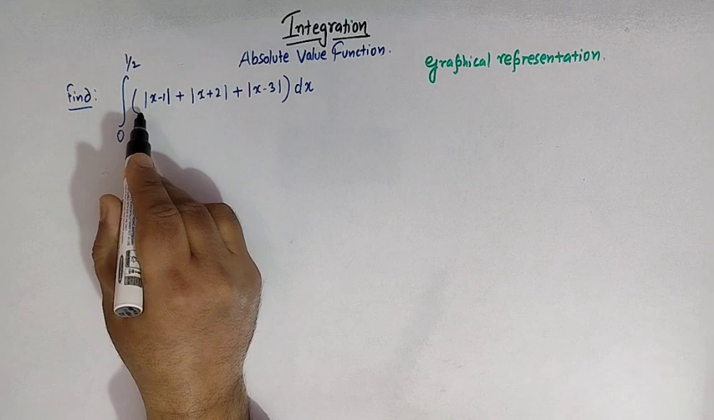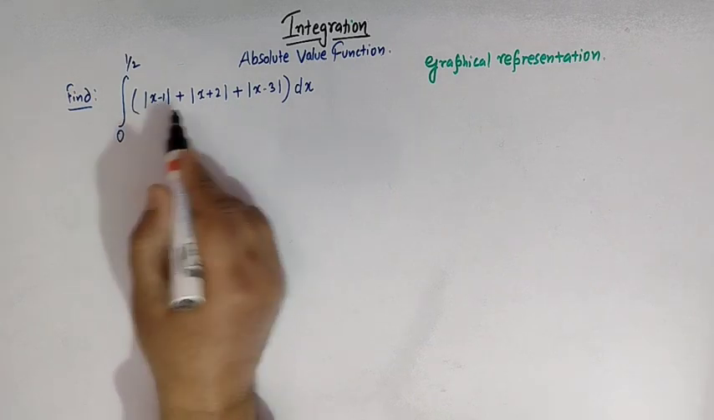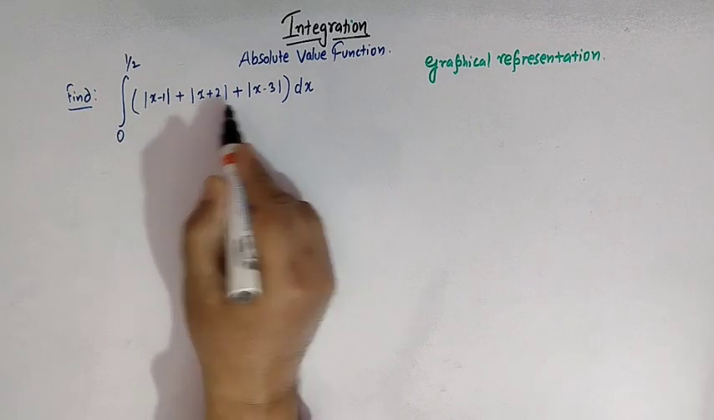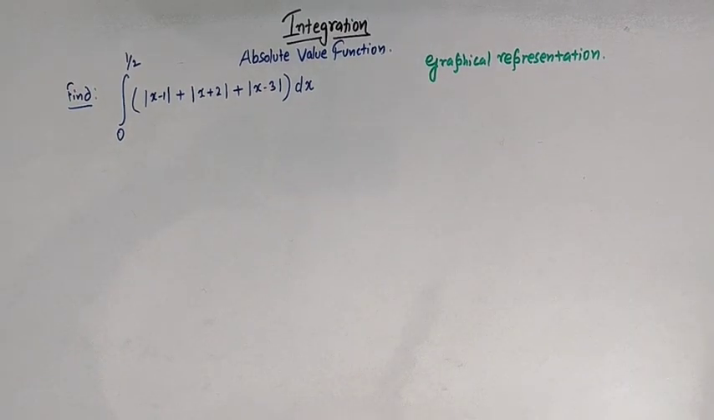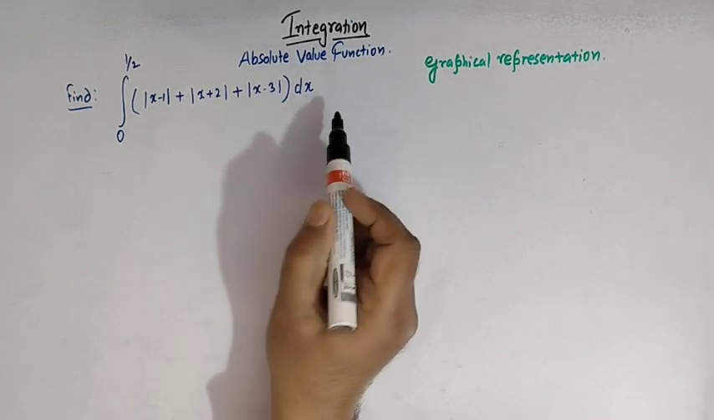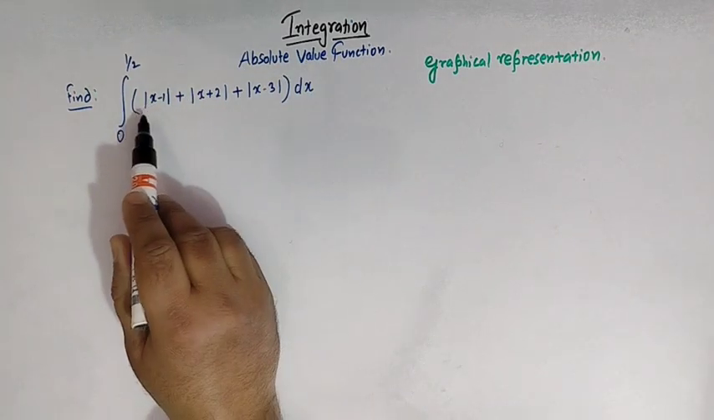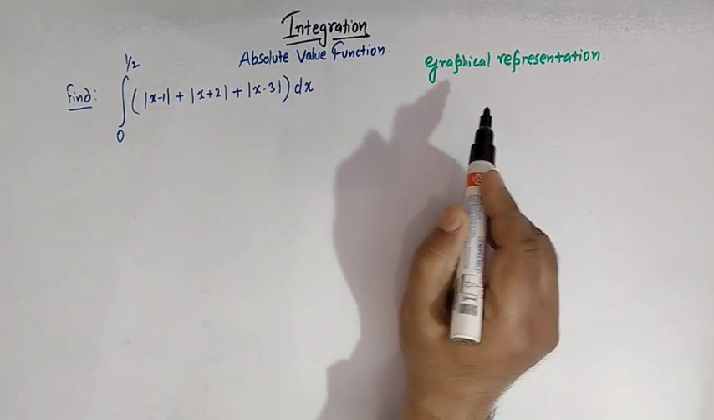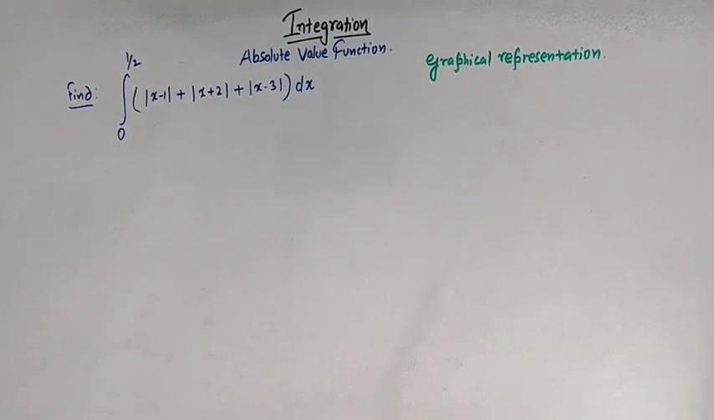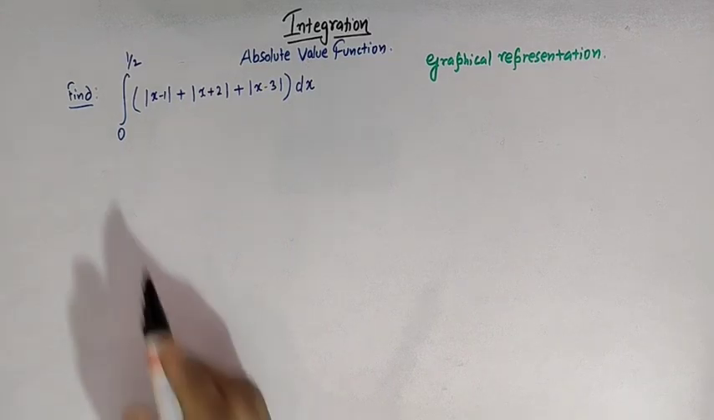So here the integrand is mod of x minus 1 plus mod of x plus 2 plus mod of x minus 3, right? So in this lecture, we'll see the area represented by this curve, and we'll also see the graphical representation of this integral, right? Now let us first